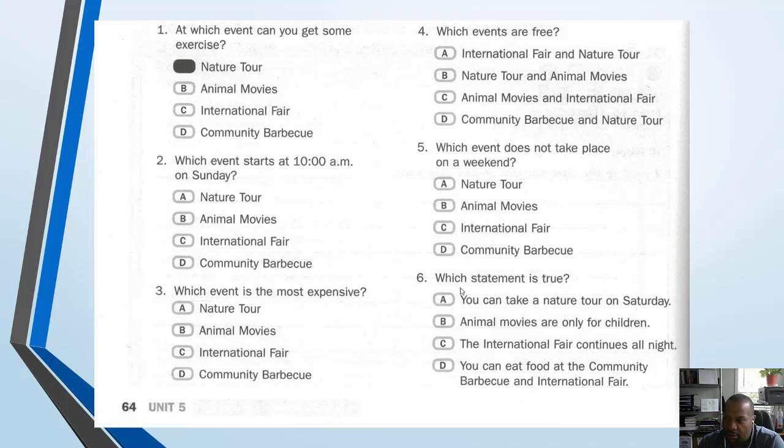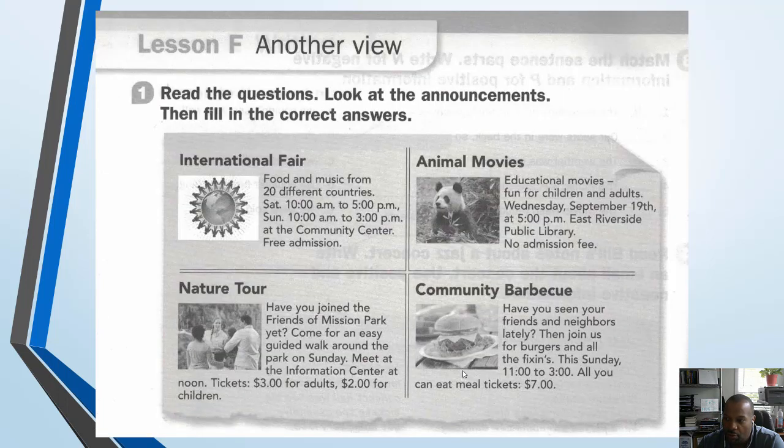And then number 6, which statement is true? Alright, so which one is true? And for these, I chose you can eat food at the community barbecue and International Fair. D. Alright, so obviously community barbecue is for food, right?